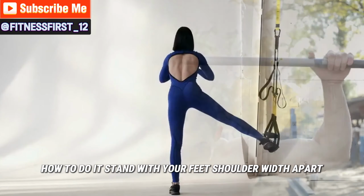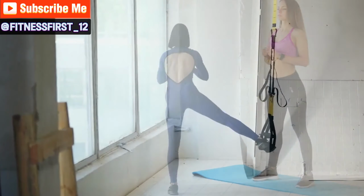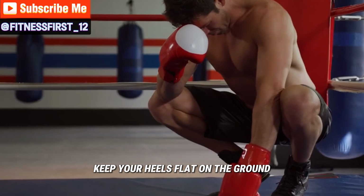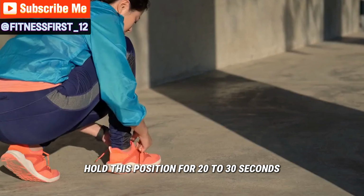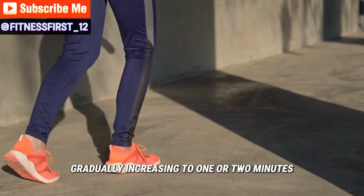How to do it? Stand with your feet shoulder width apart and your toes slightly turned out. Slowly lower your hips into a deep squat position, making sure your knees are aligned with your toes. Keep your heels flat on the ground, chest upright, and back in a neutral position. Avoid rounding your spine. Hold this position for 20 to 30 seconds, gradually increasing to 1 or 2 minutes as